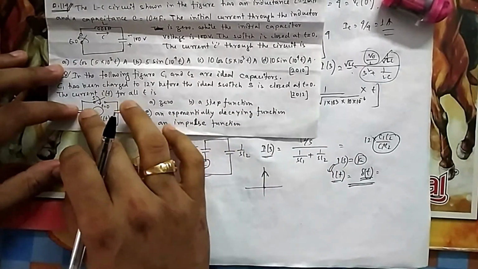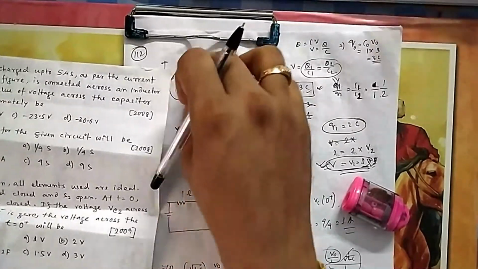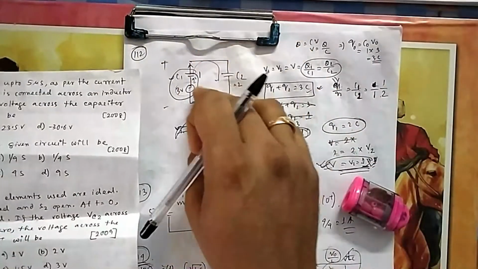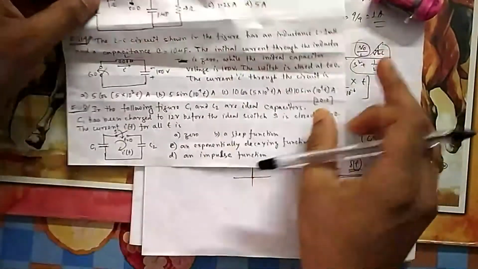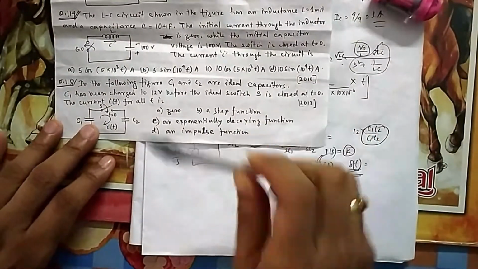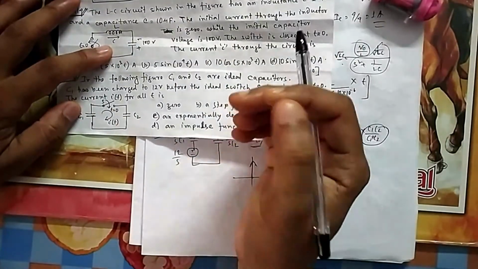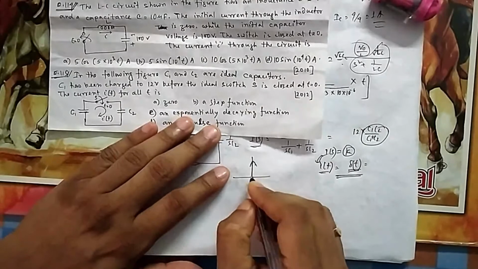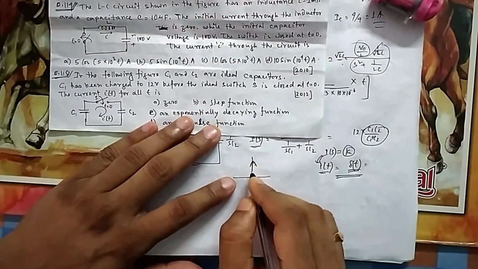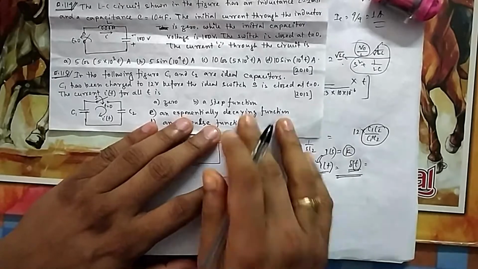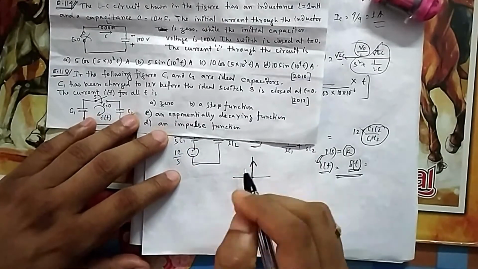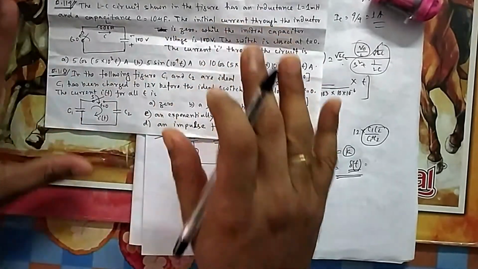When you switch on, the capacitors will get evenly balanced, like your question number 112, where the charged voltages were balanced and they took the equal total charge, distributed as per their ratings. Whatever charge they distribute here also will be done in a fraction of a second, because no time constant is there, no R is there. So there will be a current for a momentary duration. Momentary duration means 0 duration. For 0 duration there will be a current. What current? A high current for 0 duration. That is nothing but your impulse. It will take no time to keep that balance. Both the voltages will be equal. So that is your impulse.